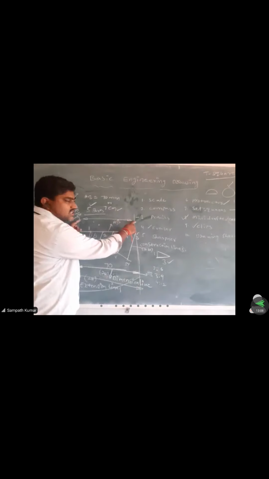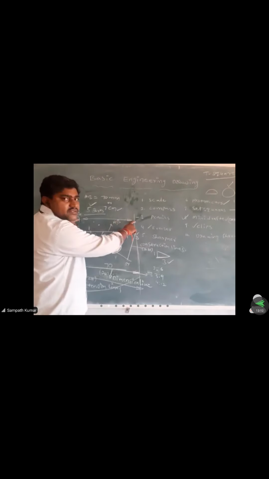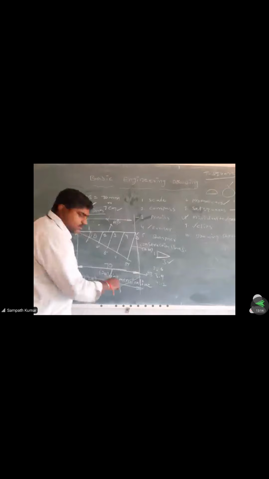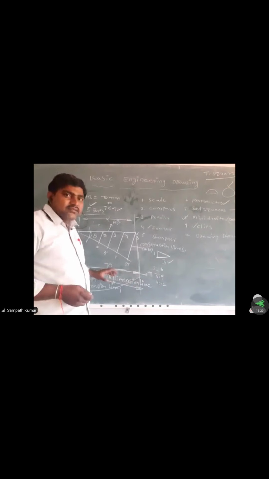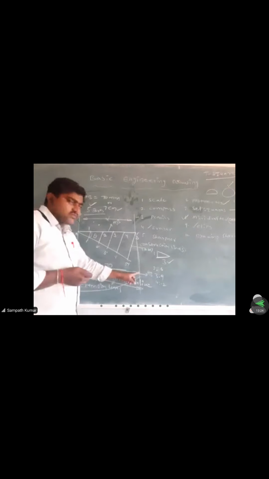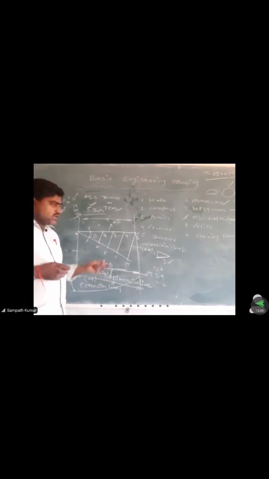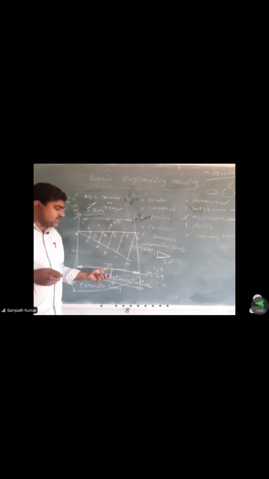This arrow edge does not touch the extension line. Compulsory, this edge must touch the extension line. This will be also wrong, and this will be also wrong. The correct procedure is this arrow edge touches the extension line, not crossing the extension line or staying in between the extension lines, but touching the extension line. This is the correct procedure to indicate the dimensioning of the line AB. That is equal to 17.